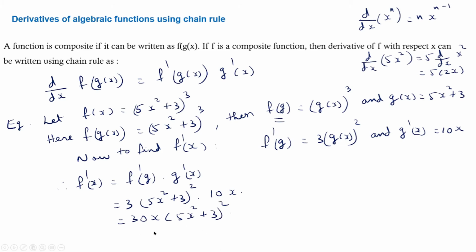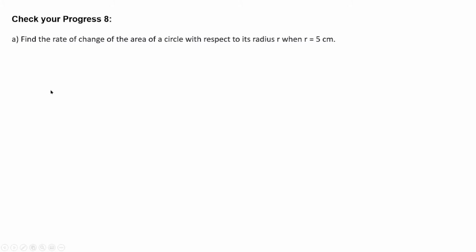So this is how we can use chain rule to find the derivative of composite functions f of g of x. Now these are the questions from Check Your Progress 8 of chapter 8. Find the rate of change of area of a circle with respect to its radius r when r equal to 5 centimeter. So we know area of the circle is given by area A equal to